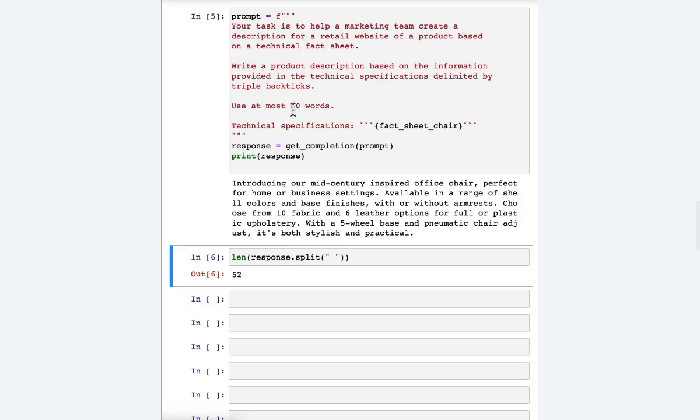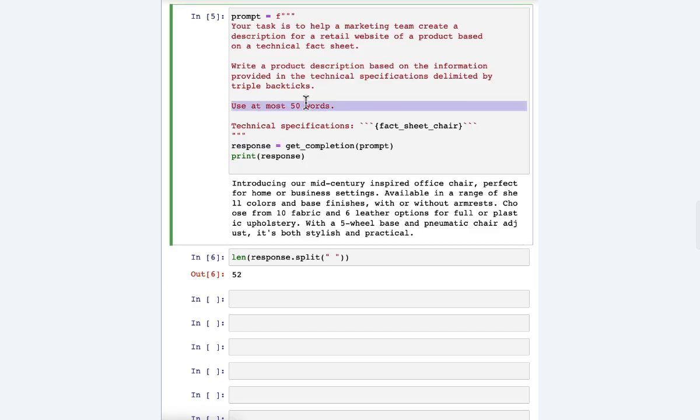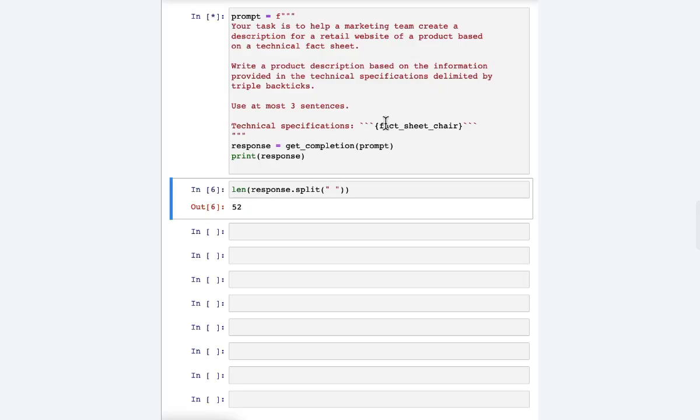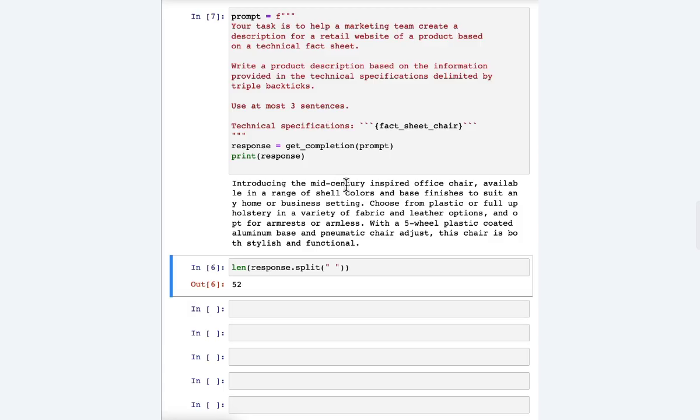Large language models are okay, but not that great at following instructions about a very precise word count. But this is actually not bad. Sometimes it will print out something with 60 or 65 and so on words, but it's kind of within reason. Some of the things you could try to do would be to say use at most 3 sentences. Let me run that again. But these are different ways to tell the large language model what's the length of the output that you want.